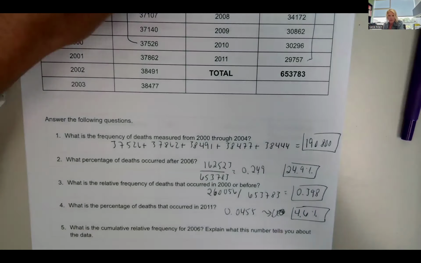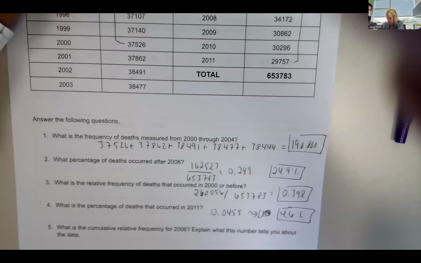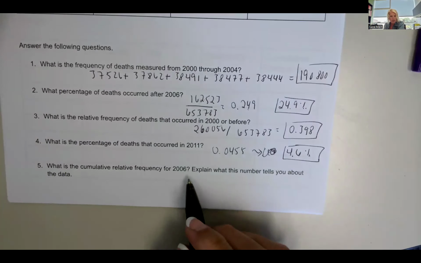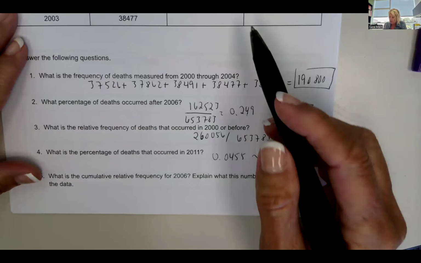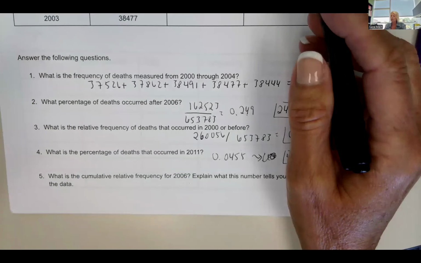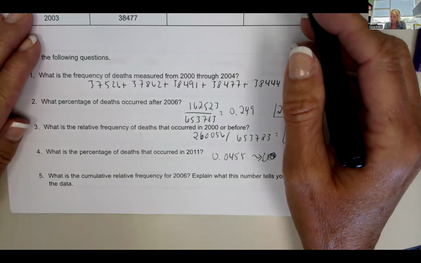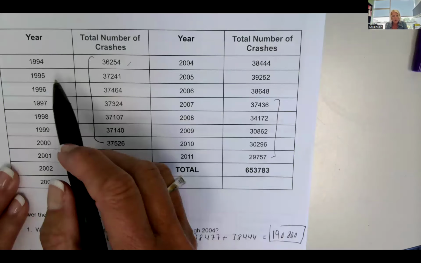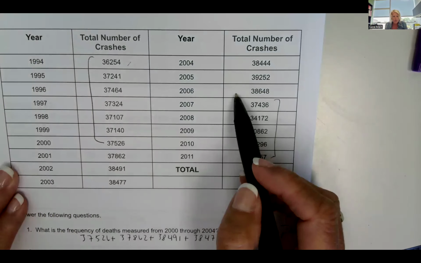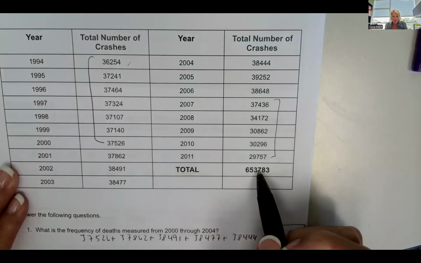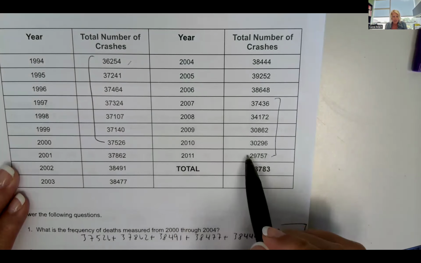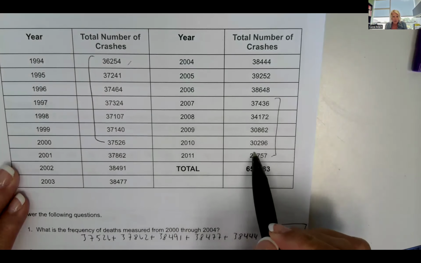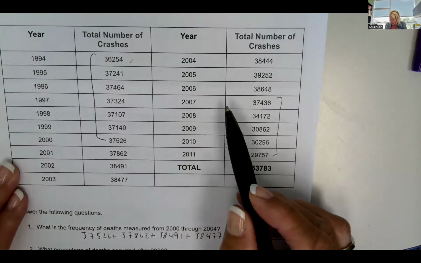So here are my answers for the last. It says, what is the cumulative relative frequency for 2006? So this is the total number, the percentage of crashes that happened through 2006. So we would have to add all of these up through 2006 and then divide by the total. Or we could subtract away the ones that we don't want, which was everything here, which we already figured out